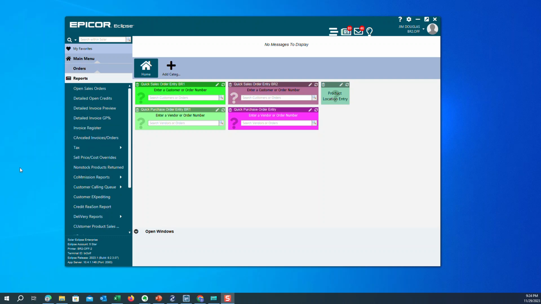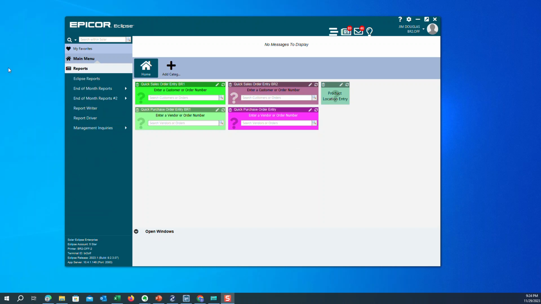So some of these useful reports, without getting into creative stuff with Report Writer, are here under Reports and... hold on. And these are the end of month reports, and probably end of month reports number 2. Aren't they clever with that naming? So probably something like a